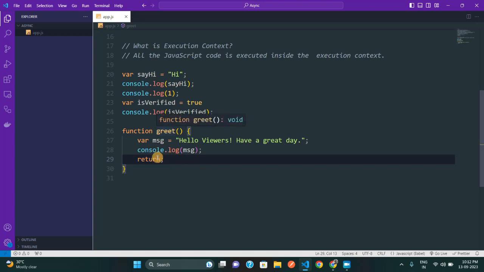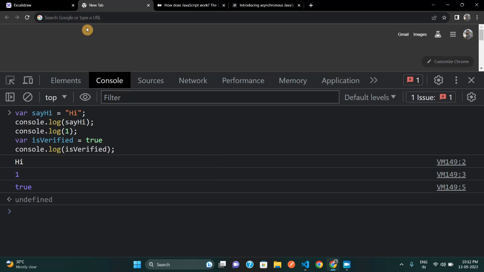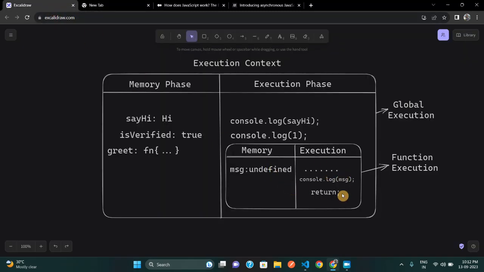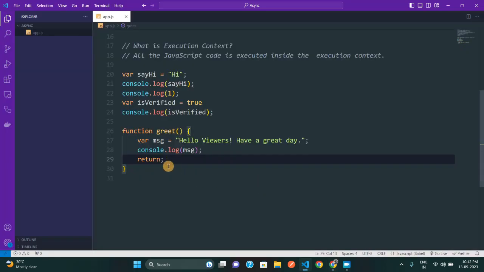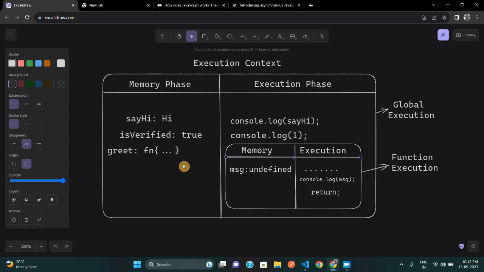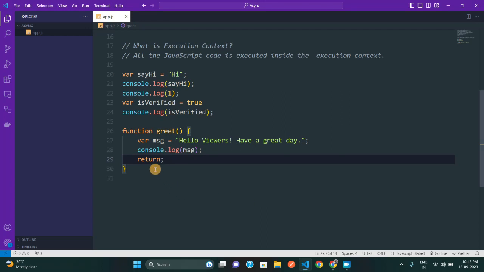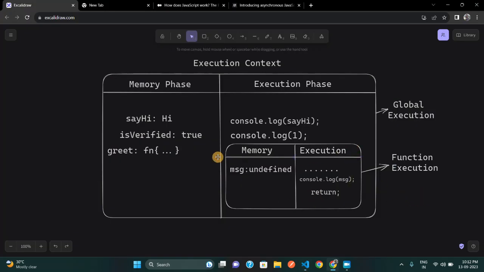Now as soon as the function hits the return keyword, this execution context gets completely deleted. Yes, this entire function execution context that we have created gets completely deleted whenever a function hits the return keyword. Okay, always remember, whenever we create a function, a new execution context gets created, and whenever a return keyword is hit inside the function, that newly created execution context gets completely deleted